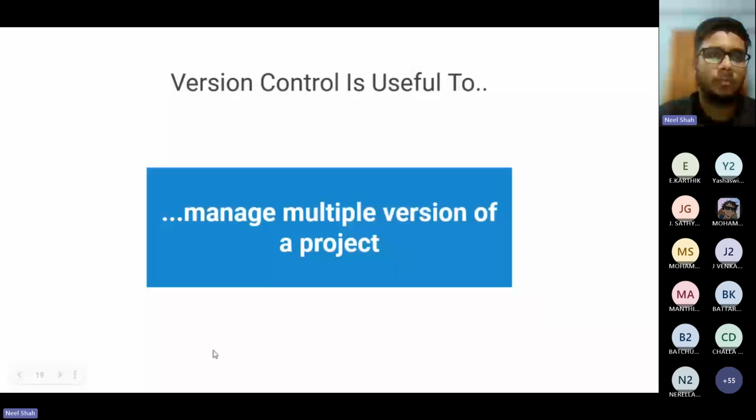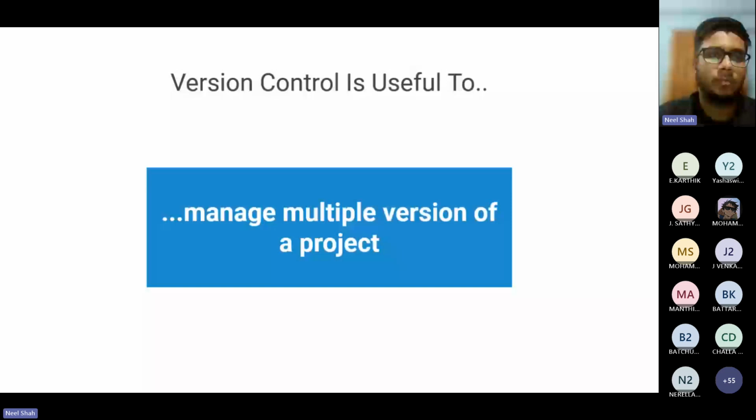So version control is useful for managing multiple versions of a project. As we know, there are many different versions, because from the start we have some features, then we add on, so there are different versions. For that we need version control.